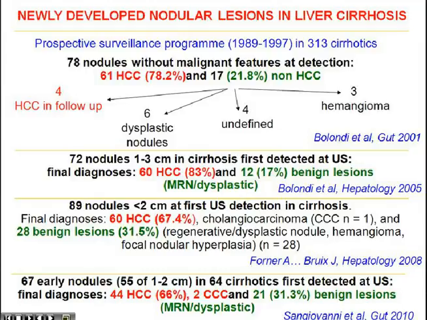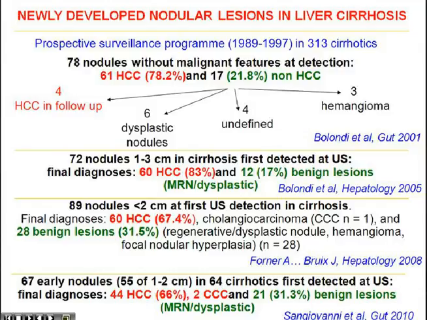And you see that considering all lesions occurring in cirrhotics, we demonstrated about 80% were finally cancer. If we stick to small lesions, 1 to 3 centimeters, in a second study, we confirmed more or less the same percentage of cancers. The others were benign lesions, mainly hepatocellular lesions, regenerative nodules or dysplastics. If you go to smaller lesions, less than 2 centimeters, then you see 67% or 66% were hepatocellular cancer. A few were cholangiocellular carcinoma, 1 in this case and 2 in these cases, and the others were hepatocellular benign